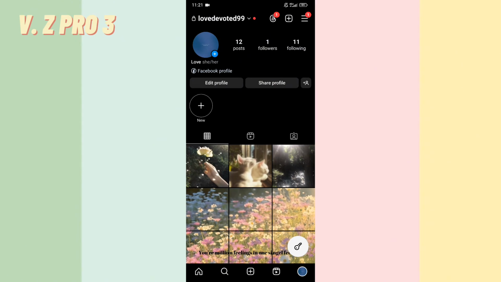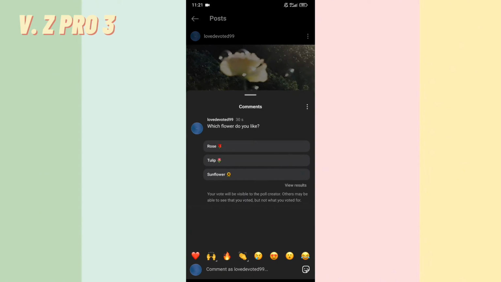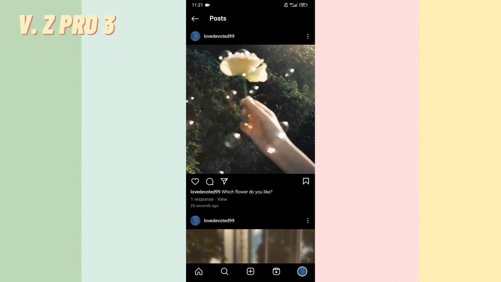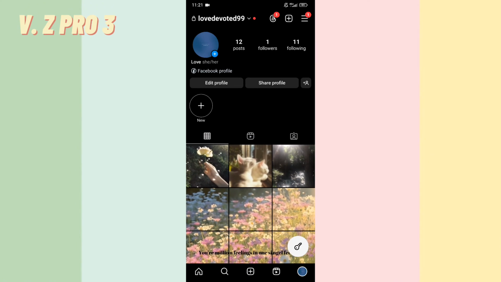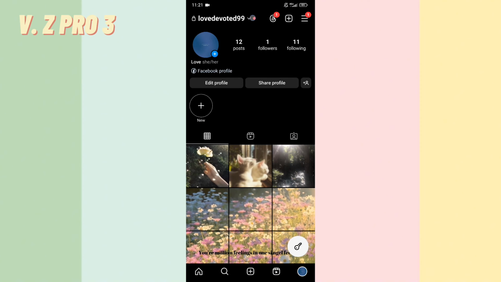Now I will show you from my profile. Here's the post that we just made. So here's the vote. Your vote will be visible to the poll creator. Others may be able to see that you voted, but not what you voted for. So anyone who sees your posting like this, they can vote to your